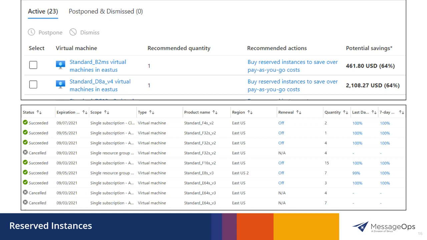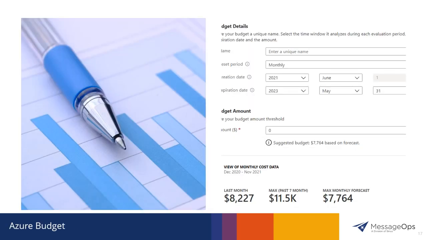On the previous screen, Chris mentioned, or he didn't mention it, but reserved instances is one of the tools that we use from an optimization perspective. For those that aren't aware, reserved instances is a way of paying up front for your Azure spend. We are highlighting virtual machines right here, but it's not just VMs. This can be many Azure services, storage, SQL. It goes on and on and on. If you're not using RIs inside of your environment, I'm sure you're aware of it. RIs meaning reserved instances. I'm sure you've been made aware of it, and we could not recommend these enough. Yeah, there are some huge opportunities there.